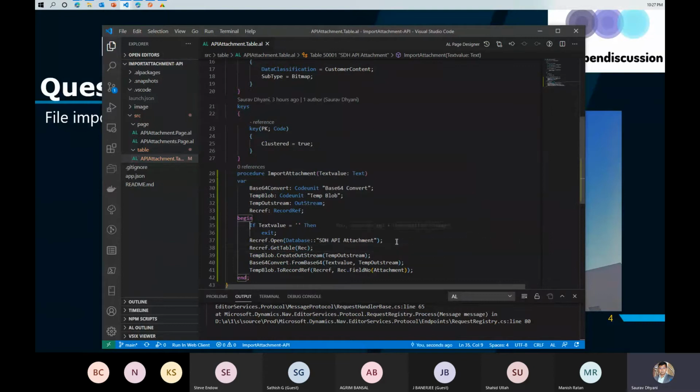So what I've done: if the value is blank, then go back, do nothing. If the value is not blank, then initialize the record ref with the current table, open the current table with the record ref, and then set that with the current record, which is the record that we are trying to update. Once that is done, then I'm initializing my outstream, creating the outstream, and passing that to the new function